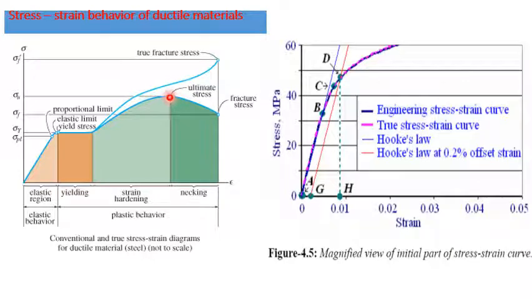Before showing the dip down, it will show a peak point which is called sigma u, the ultimate strength. That is nothing but the maximum load which a material can withstand. Once it is attained, there is localized necking. Necking means there will be a localized decrease in the area. Then the capacity of the material to withstand the load drops down, and it leads to fracture. This is the true fracture, and this is the nominal or engineering fracture.